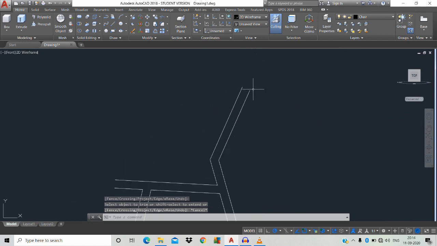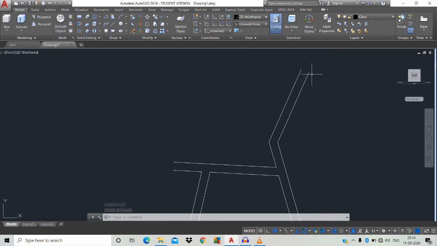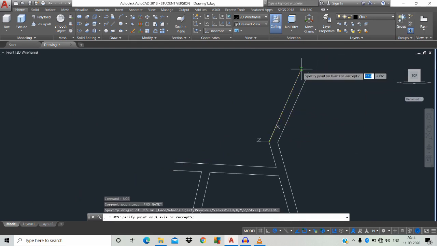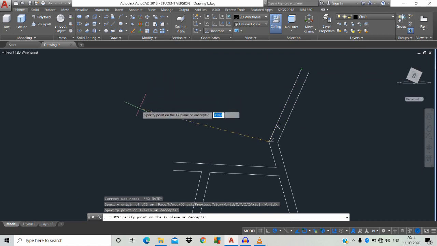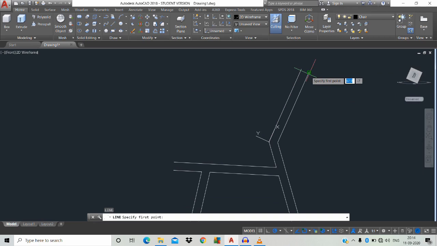Just see our UCS icon. For example, L space, this is our X direction and this is our Y direction. By using this XY direction we're going to cover this place. We don't know how to cover this, so UCS space, just click this as 0,0. This is our X direction, just move our icon. This is our Y direction. Just see the view cube, it has changed, right? Okay, L space, just click this point, move towards 90 degrees, space,